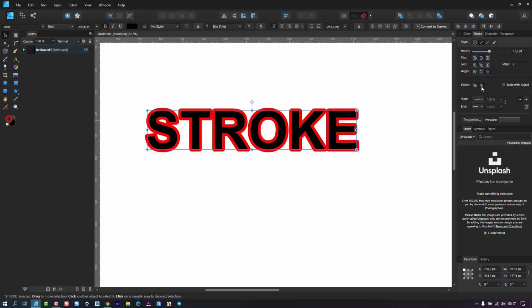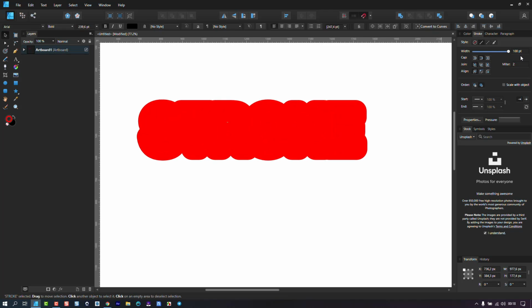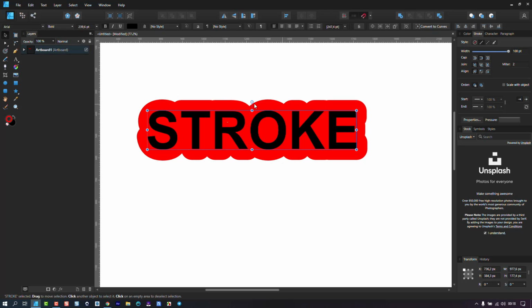And remember, we are here with drawing the stroke in front. Whatever selection you have here, if this selects the stroke being in front, it's going to occlude the actual object, which in this case is text. So let's just go back here. If I push it excessively, that's what happens. Now I'm going to flip it to draw stroke behind, which means the text is going to pop towards the front. Can you see this? It literally brings the actual object, the fill, right to the front,